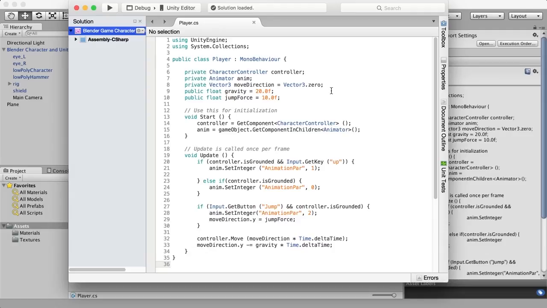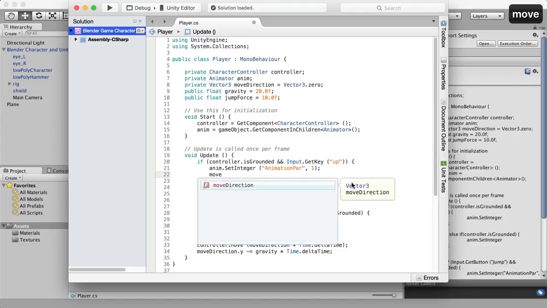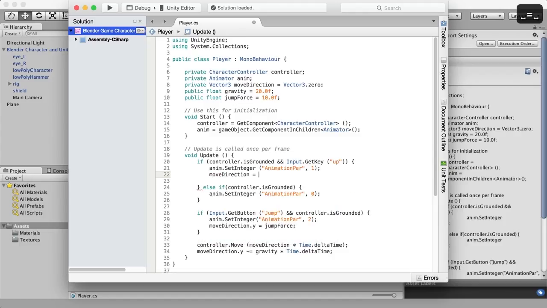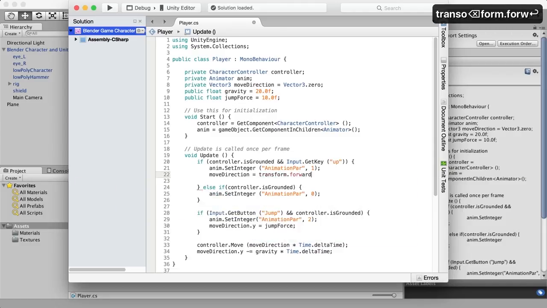All right, so if we come back here and open up that script again, what we want is for our character to move forward when we push that up key. So it's going to be in this if statement, when we say if we get an input from the up key. I'm just going to put a line right here. We're using that move direction variable to push him up for the jump and for gravity pushing down. Let's go ahead and use that again for moving him forward. So we'll use that move direction right here, and we'll say that that's going to be equal to him moving forward. So here's transform.forward, and we're going to multiply that